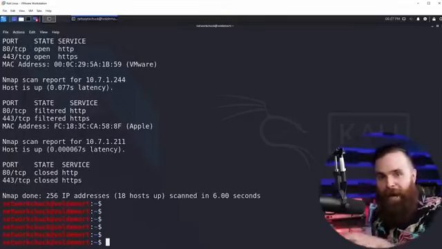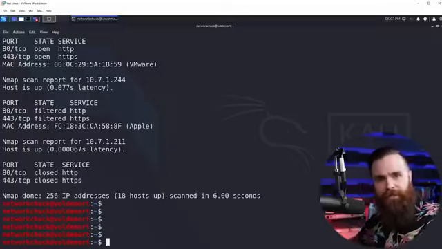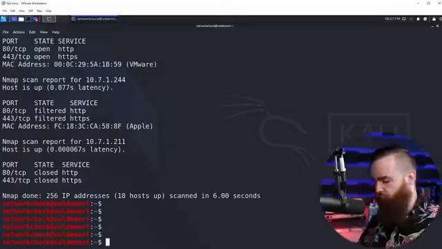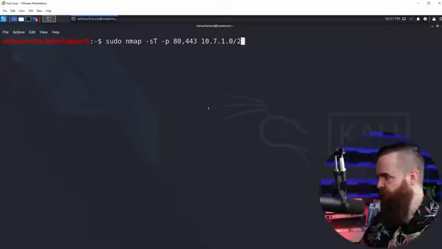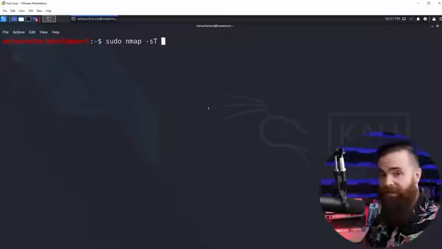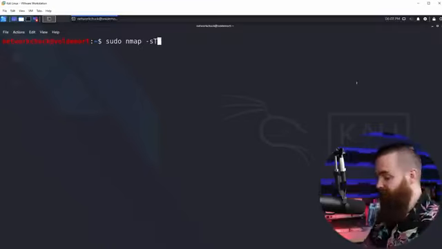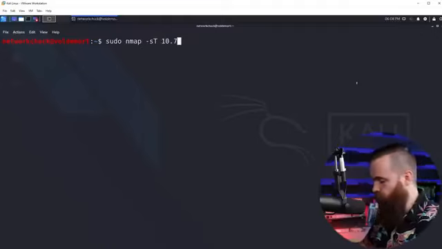Now I want to show you real quick the traffic that we're generating when we do this. I want to actually show you what it looks like. We'll use Wireshark to capture it, and then I'll show you the difference. I'm going to change up my command just a little bit. I'm still going to do -sT, which if you remember is the full connection. But this time I'm not going to specify a port, and I'm not going to scan my entire network. I'll just scan one host,